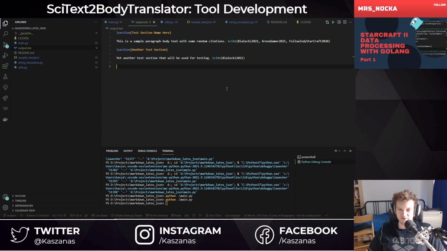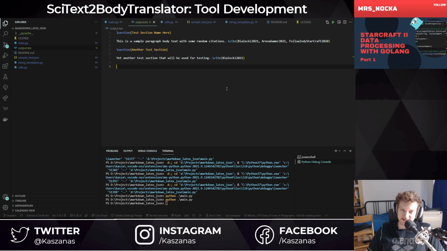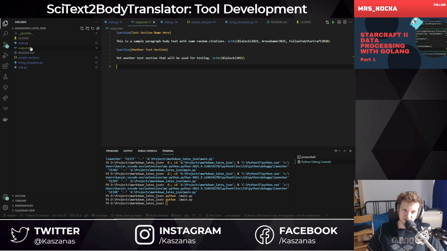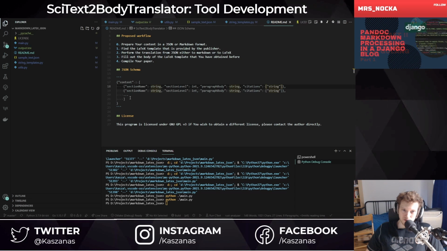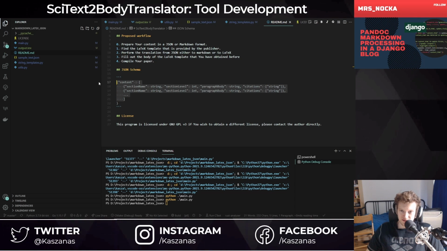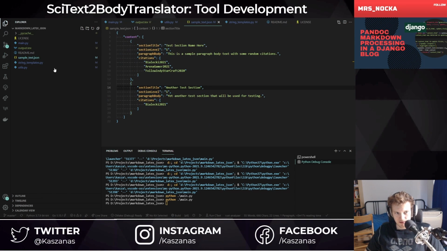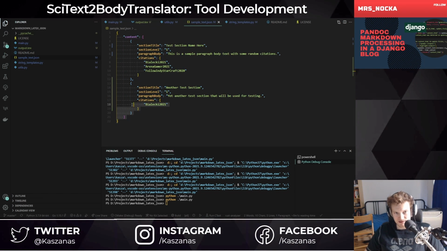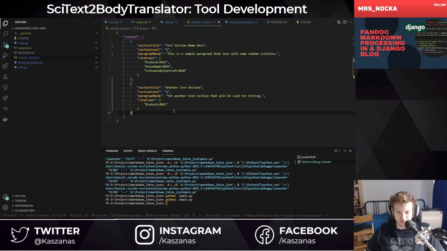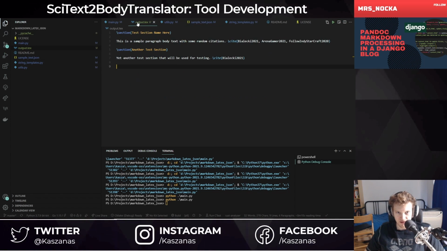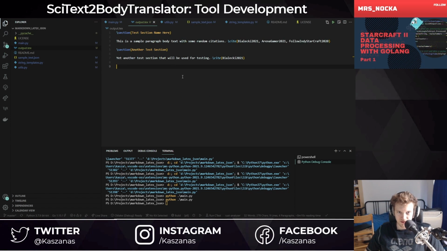So I think I'm going to finish at this. We have the first working and tested functionality, which reads this information from the JSON schema and transforms this sample content into